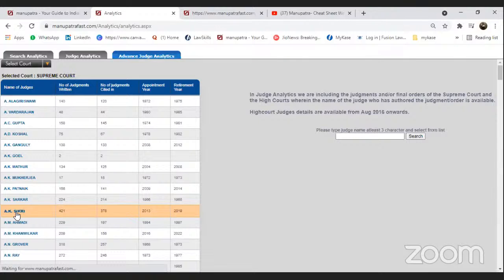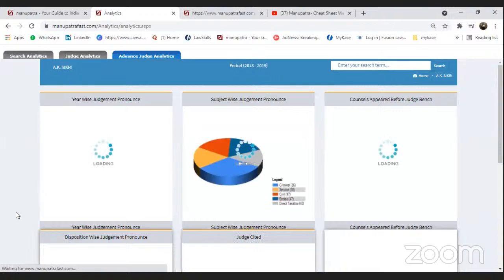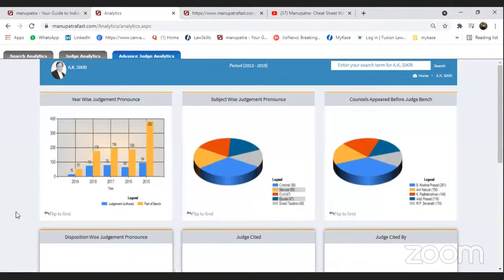Wait a second for it to load. Again, these features have been powered by legal technology. They've used all the data that is available on the website, all the judgments, all the documents, everything, and then provided it to you in a format which is readable, which is actually relevant, and usable. So you can see a year-wise pronouncement timeline where he was a part of the bench with judgments